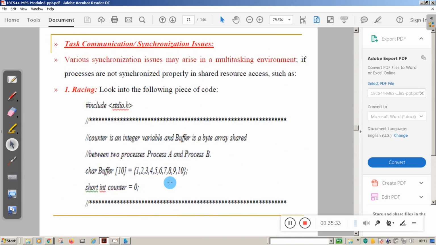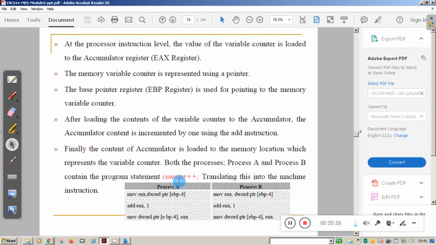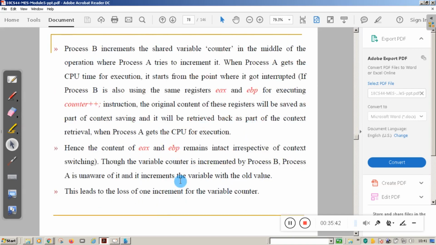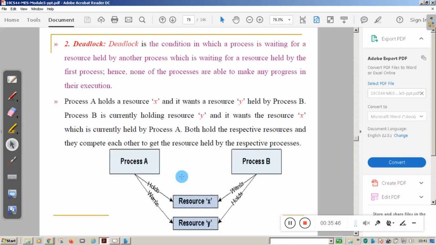Then task synchronization. We studied the task synchronization process and the problems associated with it.